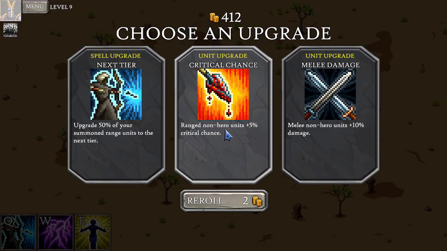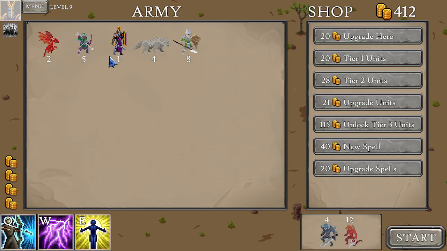All right, ranged non-hero units have a crit chance. I think that's what I'm going to go with because you have a pretty ranged heavy build going. Upgrade 50% of your summoned ranged units. So this is just summoned ranged units for my spells. I'd rather have just this because it seems to be applicable to the base non-hero units that are currently my archers and these guys. So yeah,